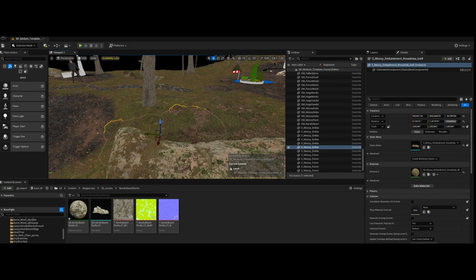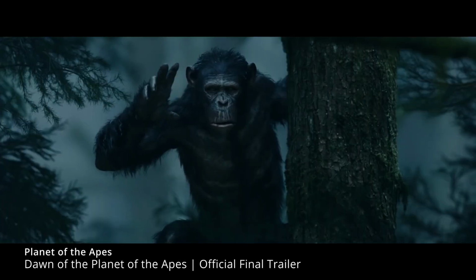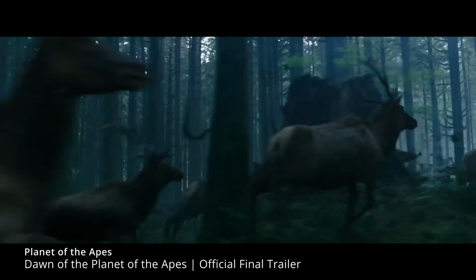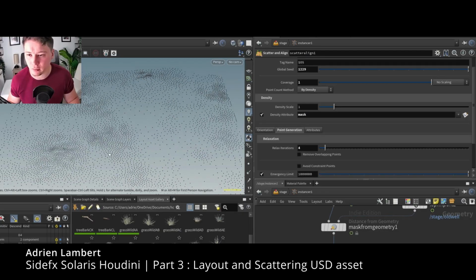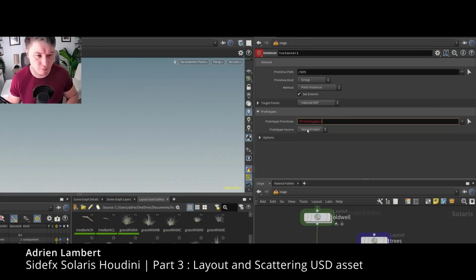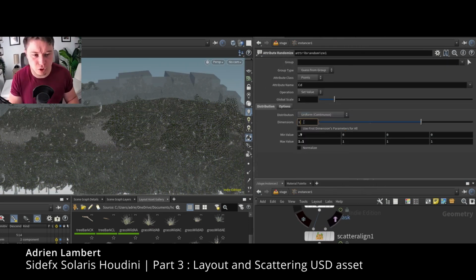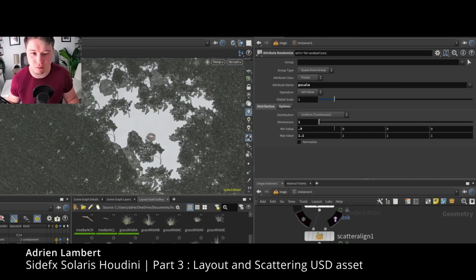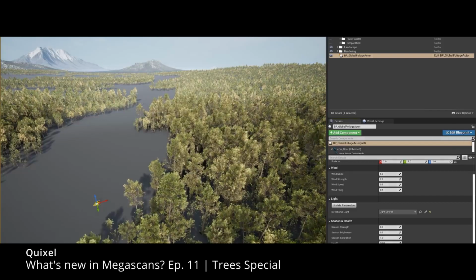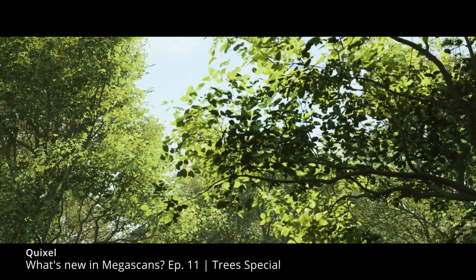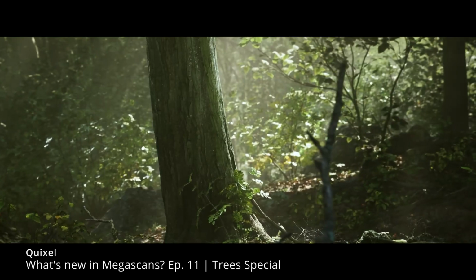You can place your object by hand, but we don't do that when it comes to, for example, a forest. We don't place the trees one by one. We are using scatter. That means we are creating clouds of points on a surface, on our ground, and we are instancing packed versions of our trees on those created points. It is a lot lighter to render, as it doesn't have to calculate all the geometry of the trees, and properties like rotation, scale, and density can be randomized for natural variation.